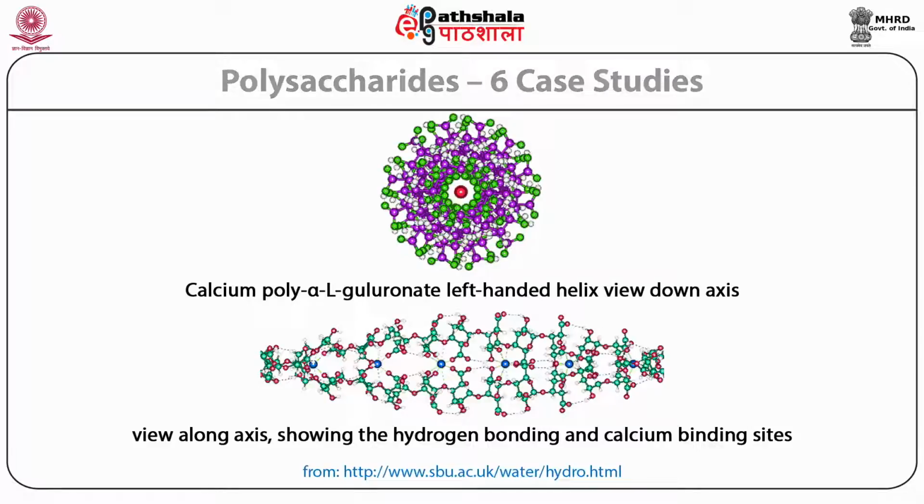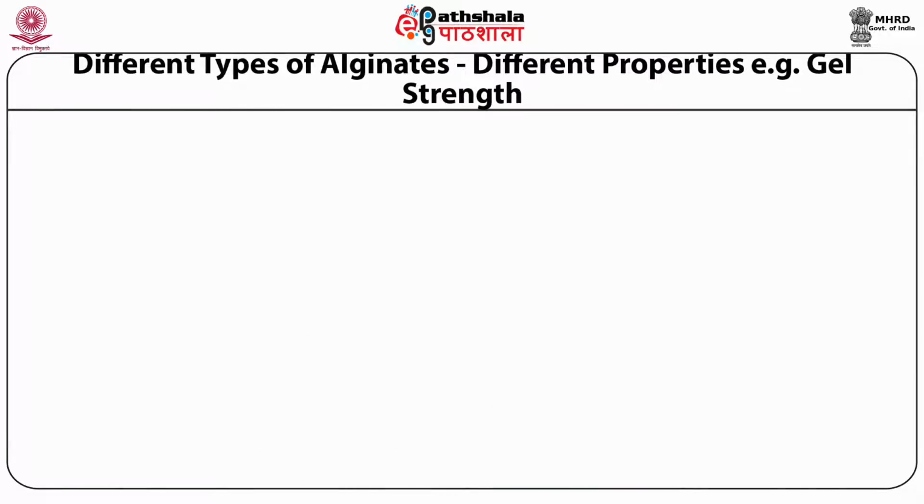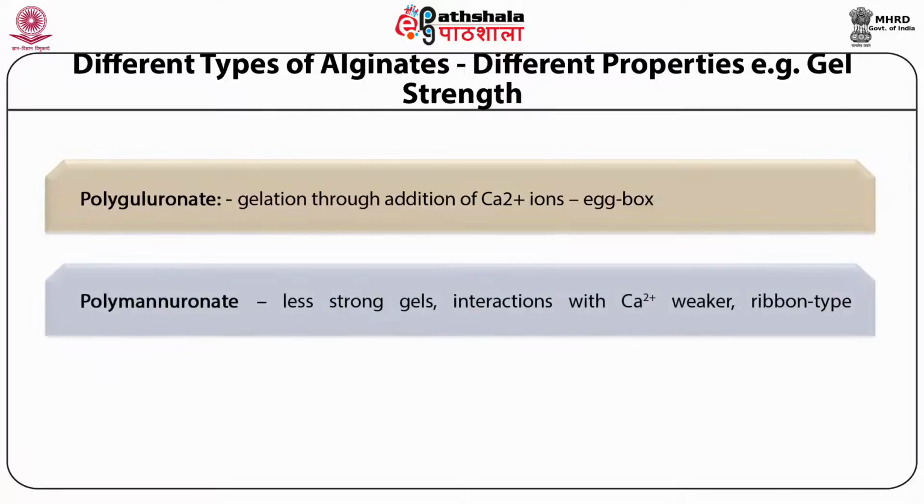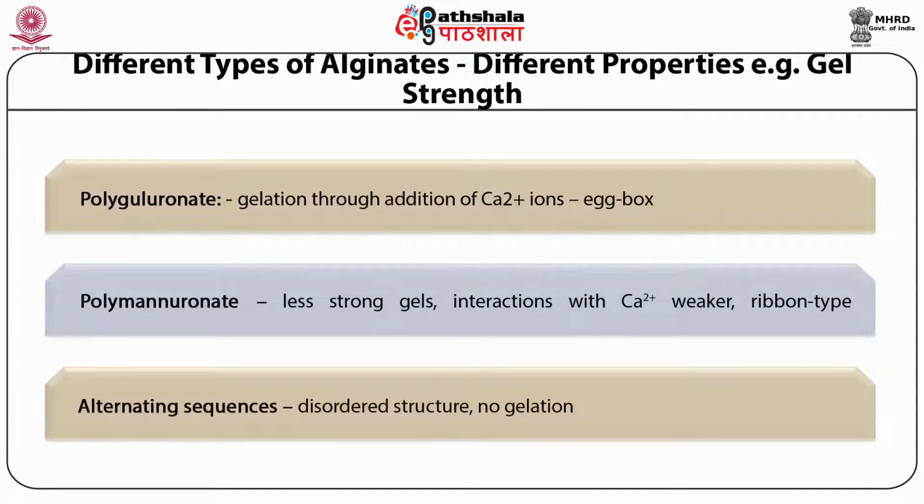Different types of alginates have different properties, for example gel strength. Polyguluronate gels through the addition of calcium 2+ ions, especially in the egg-box model. Polymannuronate gives less strong gels, with weaker interactions with calcium 2+ and ribbon-type conformations. Alternating sequences have a disordered structure and form no gels. Properties and applications: high water absorption tendency, low viscosity,